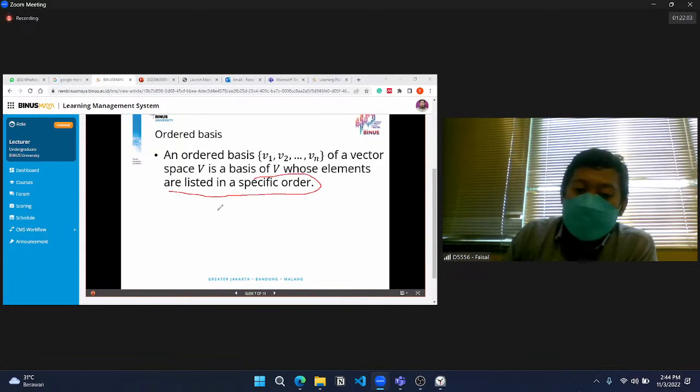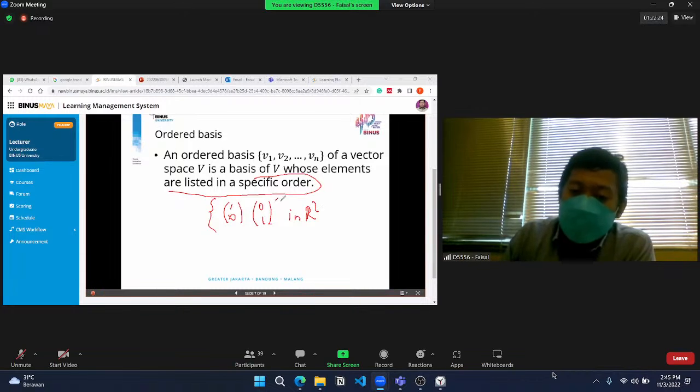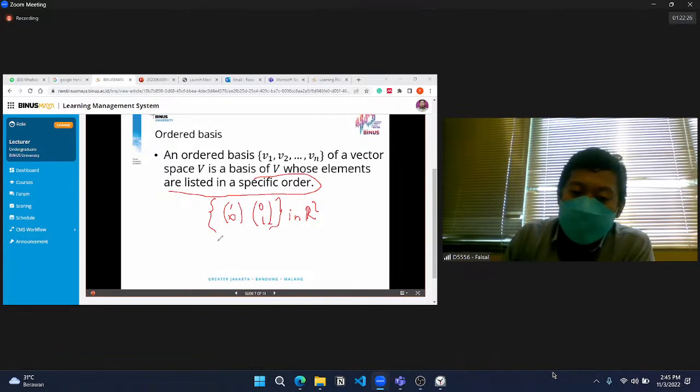So now if we take a basis, let's say (1, 0) and (0, 1) in R2, if this is an unordered basis, then